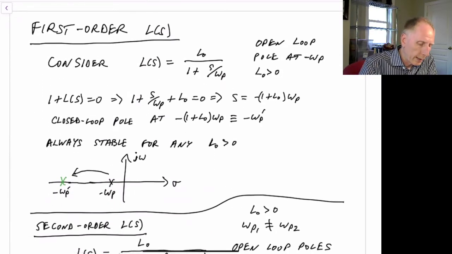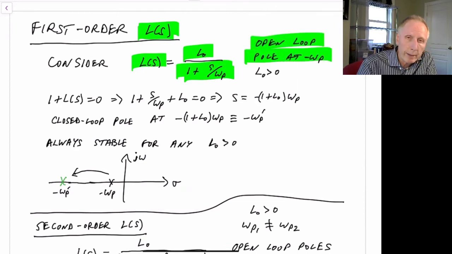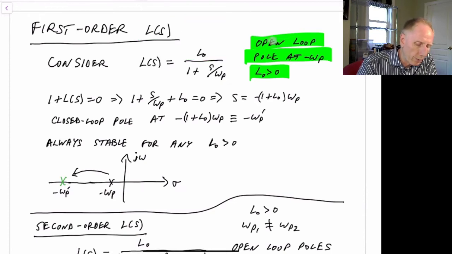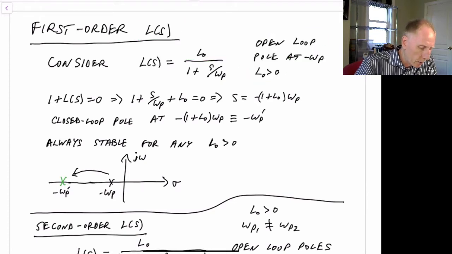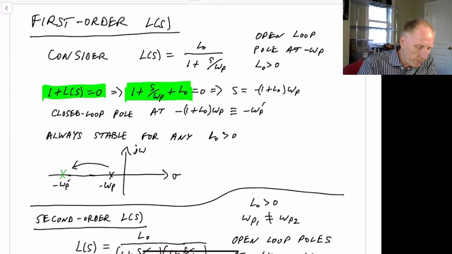So now let's look at the case of a first order L(S), and if we had feedback in it, how does that affect things? If L(S) is equal to L naught divided by 1 plus S over omega P, we say our open loop pole is at minus omega P, and L naught should be greater than 0 for it to be a stable system, for it to be negative feedback. Otherwise it would be positive feedback. So 1 plus L(S) equal to 0 gives the pole of the closed loop system. And so we can write that out as 1 plus